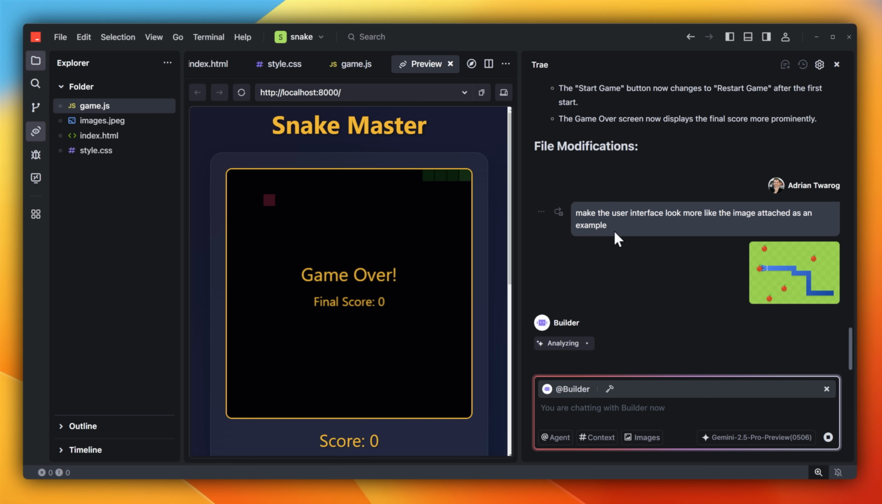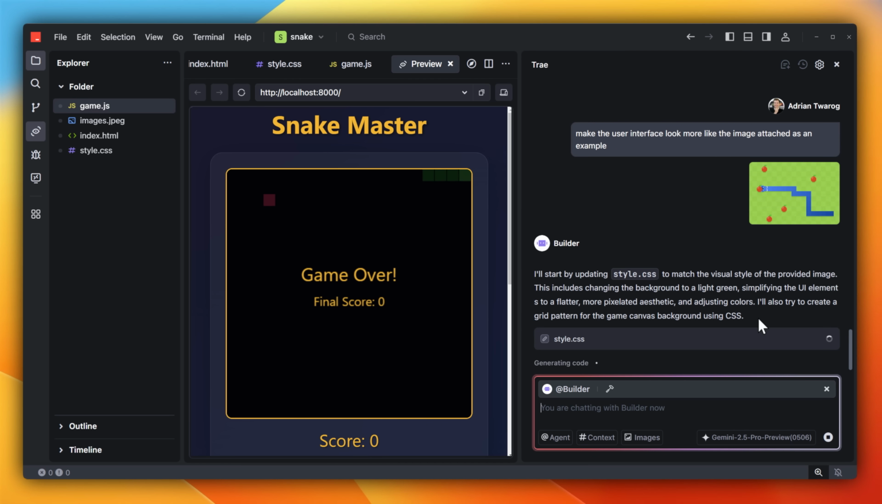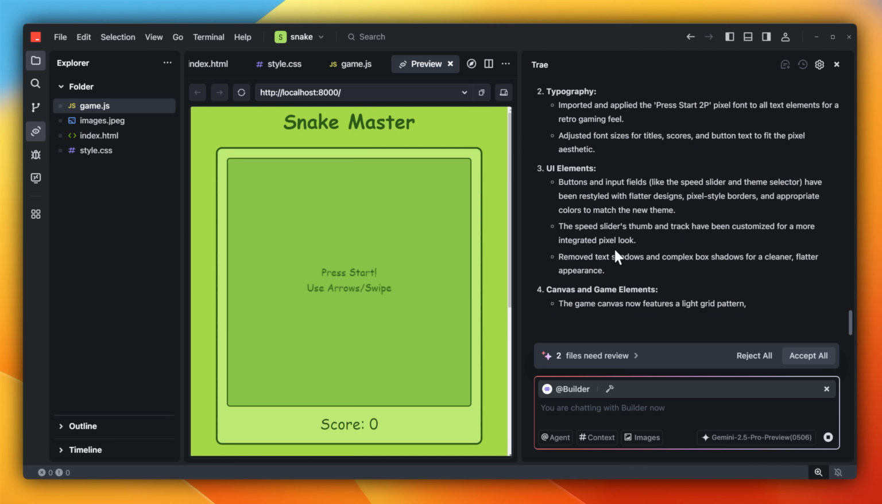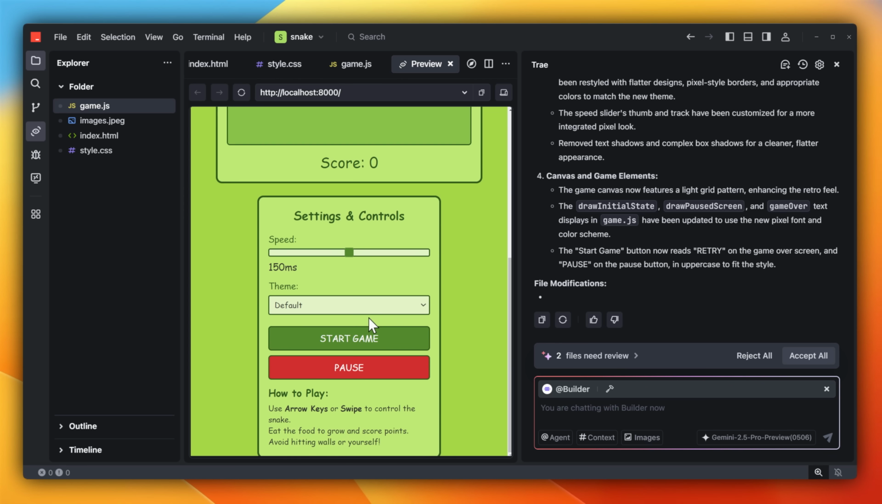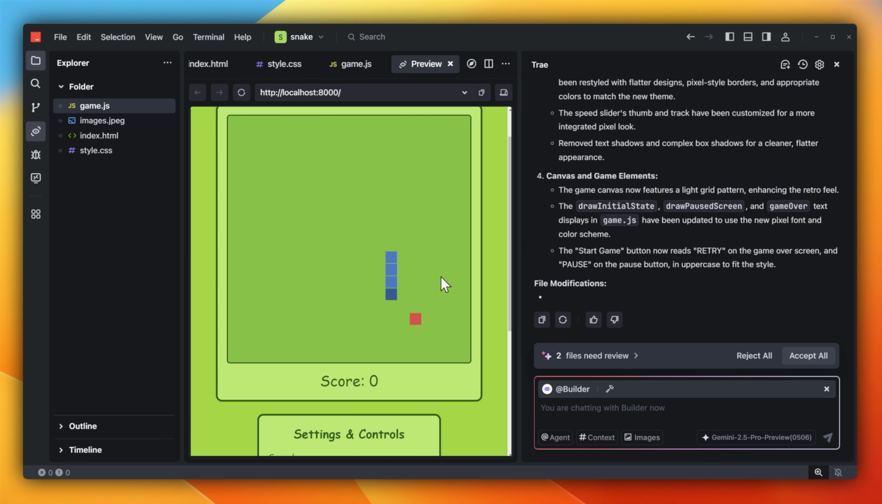Here I've got a prompt saying, make the user interface look more like the reference image, and you can see here Gemini 2.5 has image inputs available. After a little bit of thinking and coding, I end up with this design just over here. It's a big improvement on what we previously had, adhering to more of those snake colors with the greens and reds,